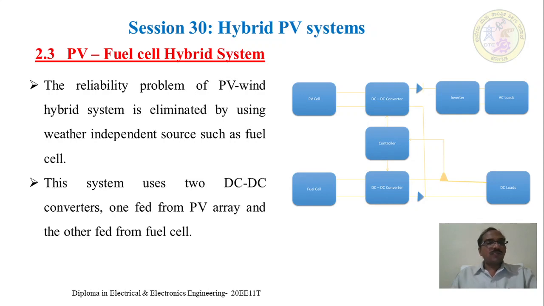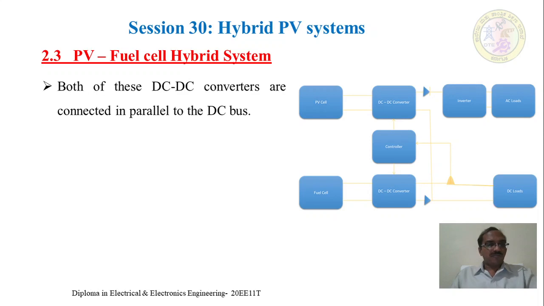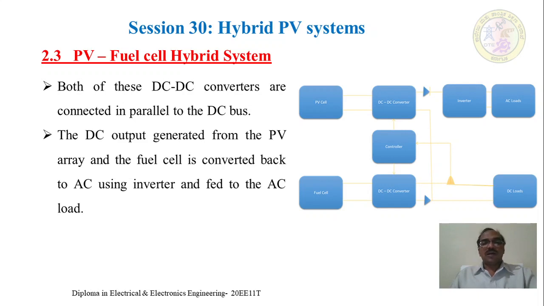And then there will be two converters, one fed to the PV array and the other fed to the fuel cell. Both of these DC to DC converters are connected in parallel to the corresponding DC bus, through which the DC loads are connected. Okay, the DC output generated from the PV array as well as the fuel cell is converted back to AC